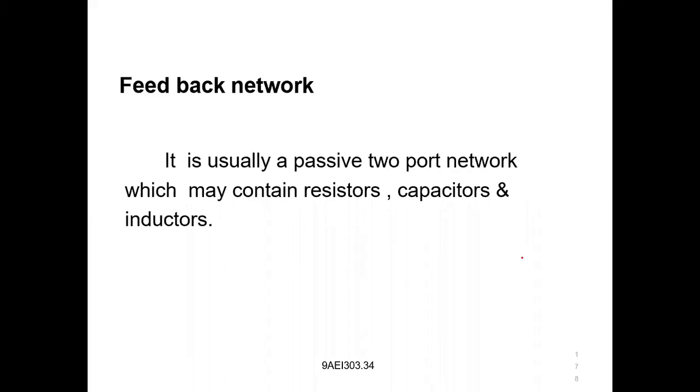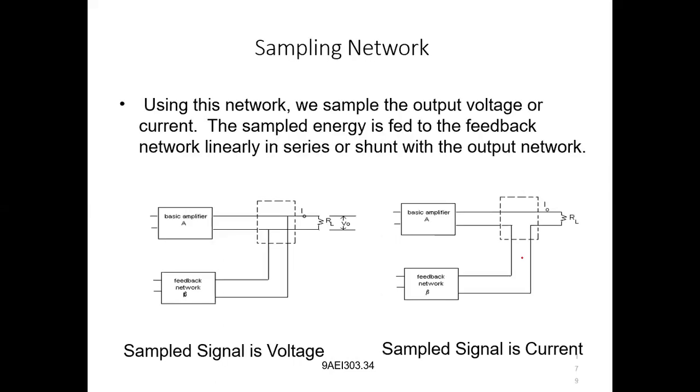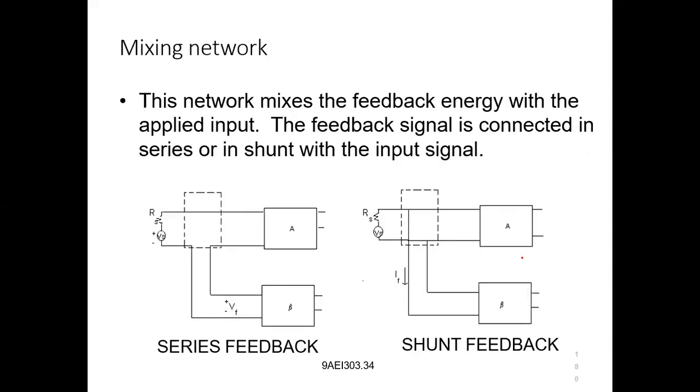The feedback network is usually a basic two-port network which may contain resistors, capacitors, and inductors. Then there is the sampling network, where the sampled signal is either voltage or current. Then the mixing network, that is